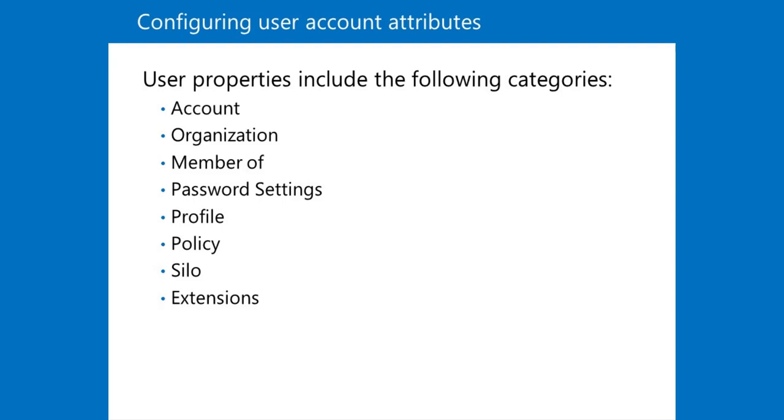You must define the attributes that allow the user to sign in by using the account, in addition to a few other attributes. Because you can associate a user object with many attributes, it is important that you understand what these attributes are and how you can use them in your organization. You can configure user attributes by using Active Directory Administrative Center, Active Directory Users and Computers, Windows PowerShell, or the